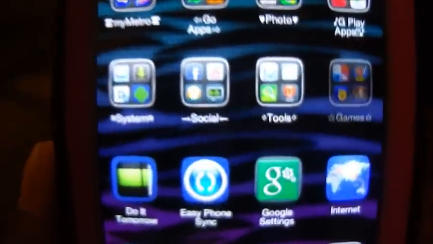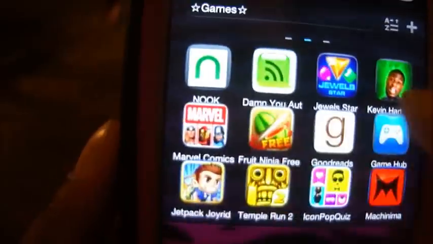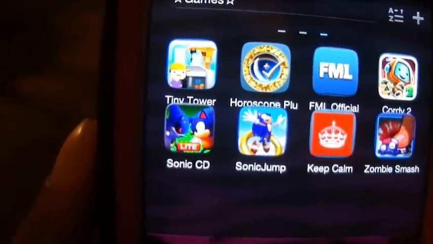And then I have my games folder, which is pretty much the same games that I mentioned earlier.